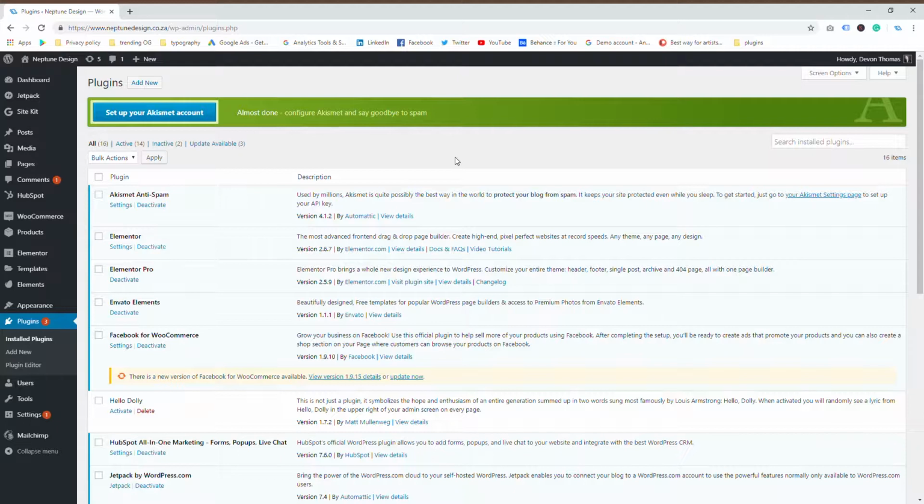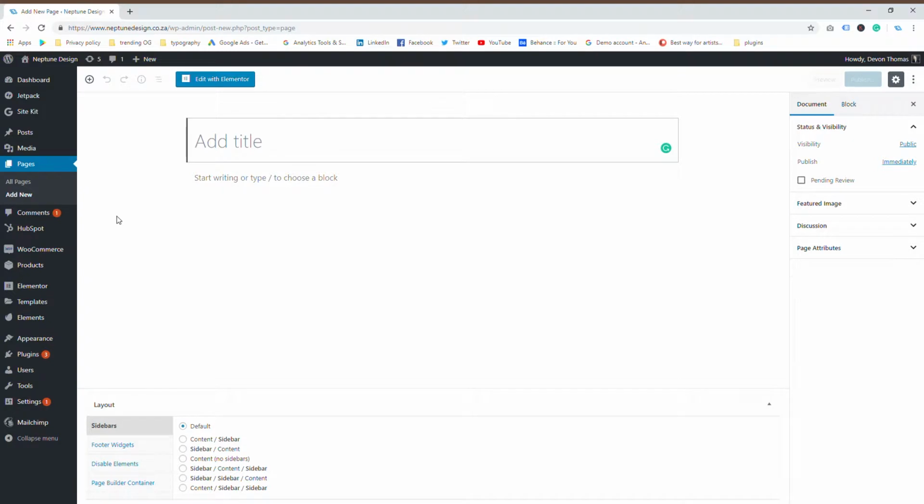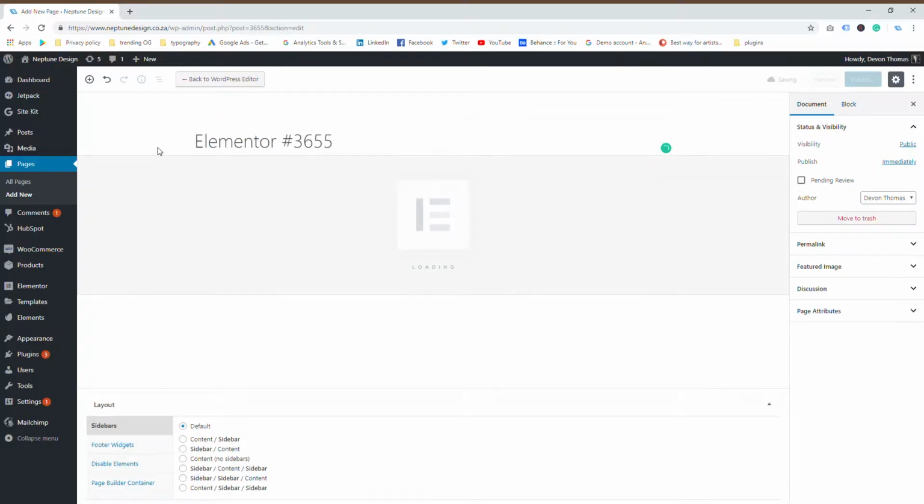Okay, so the next step is creating a page. So we simply go over to our pages section, and I'm going to click on add new. And it will take me to the WordPress menu, which I'm sure you'll be familiar with, but you'll see this blue button here that says edit with Elementor. So I'm going to click that, and what that